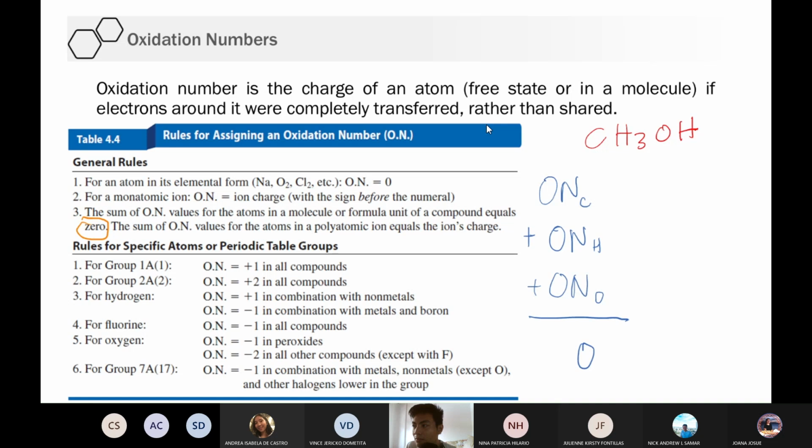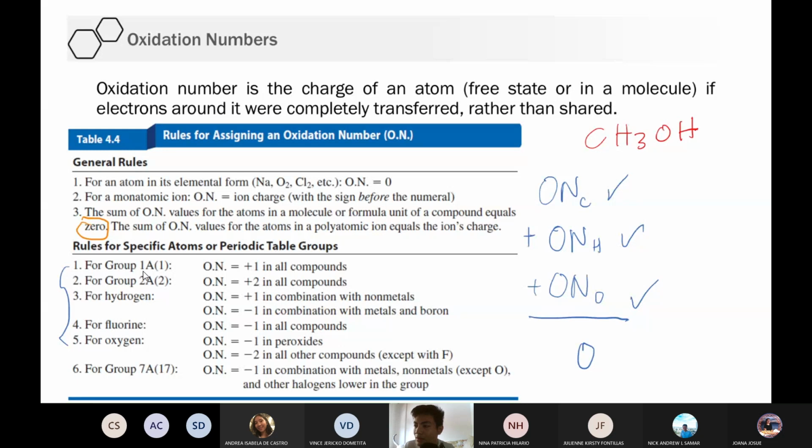Okay? But that raises another question. Yes, alam ko 0 yan lahat, no? Pag pinag-add mo yung oxidation numbers nila. Pero, the question is, ano yung oxidation number ni carbon? Ano oxidation number ni hydrogen? Ano oxidation number ni oxygen? O mas lalong dumami yung tanong natin, di ba? Okay. So, kapag ganun, we follow this rule sa baba. Okay? So, in determining the oxidation number of carbon, hydrogen, oxygen, we follow this rule sa baba.